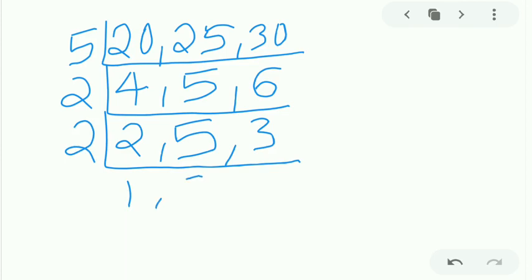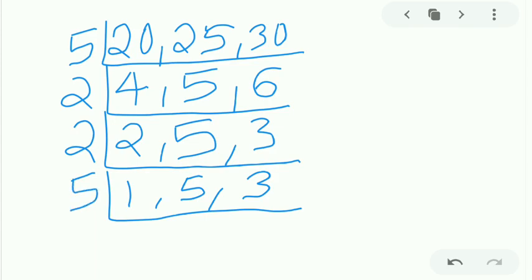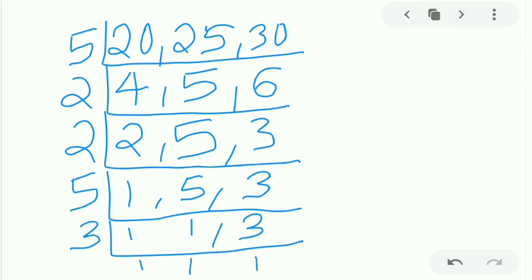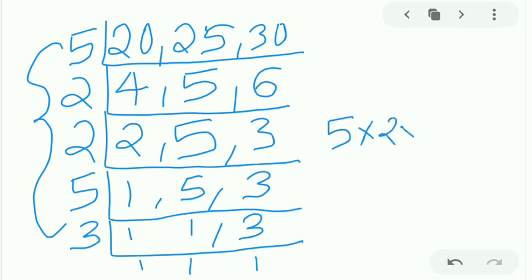Again I am taking the prime number 2, one time. In 5 I will keep 5 as it is, and 3 as it is. In the next step, I am taking 5, which is a prime number, one time 5, and keeping 3 as it is. In the next step, I will write 3 outside, and the other numbers are written as such in the next row. So we will get 1 itself. And on the left side, we got 5, 2, 2, 5, 3.